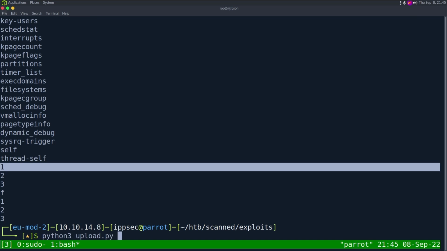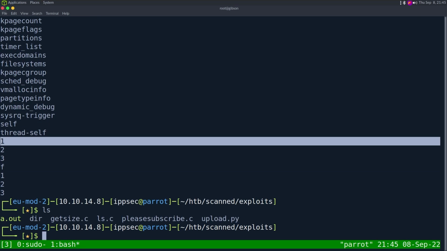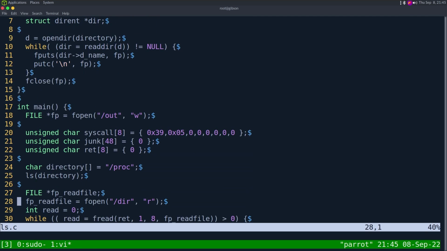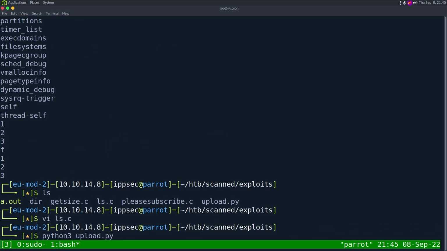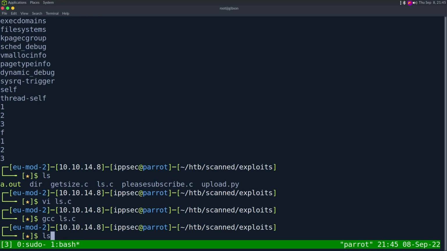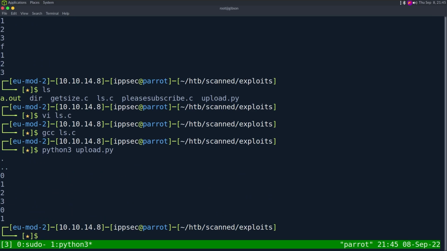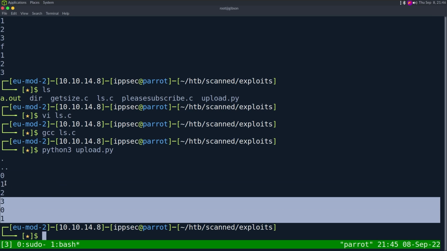So let's look at the file descriptors for one. So let's do ls.c, and we'll change directory to be proc1 fd to see if we can read this. Compile it, run it, and waiting for it to run, we just get 0, 1, 2, 3. I don't know where this came from, but